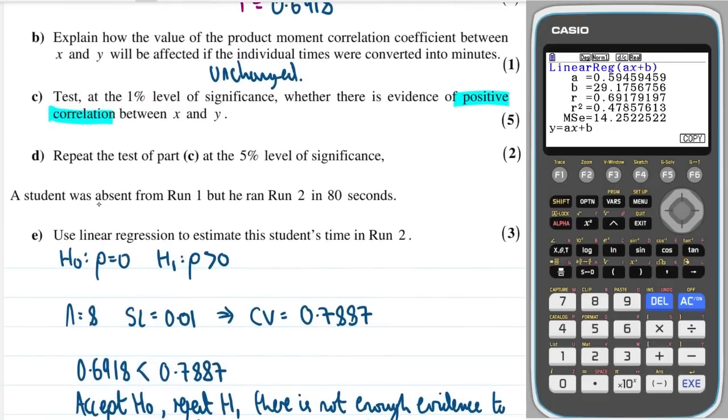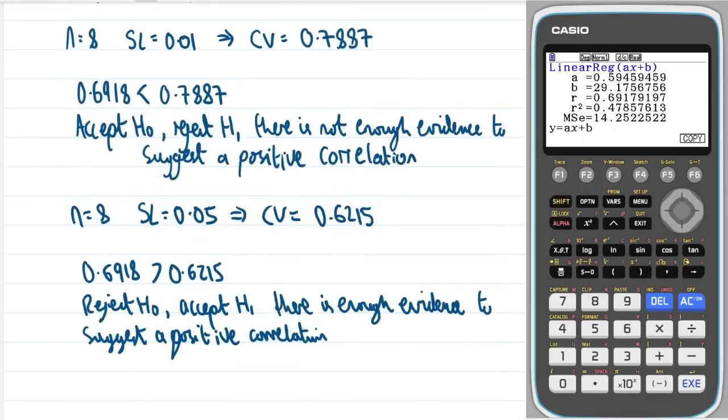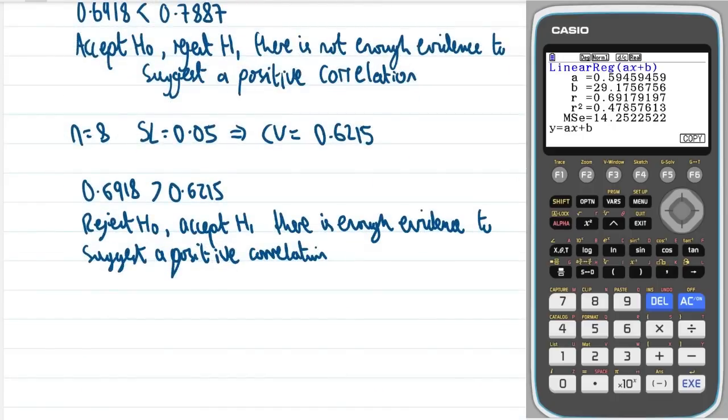Okay, it says a student was absent from run 1, but he ran run 2 in 80 seconds. Use a linear regression to estimate the student's time in run 2. Okay, well what we can do is we can go to our calculator and we can see what the regression line is. And we have here that y is equal to ax plus b, so we've got 0.595x plus